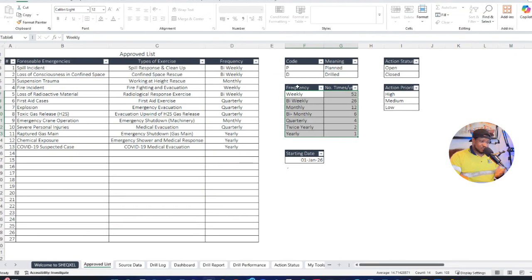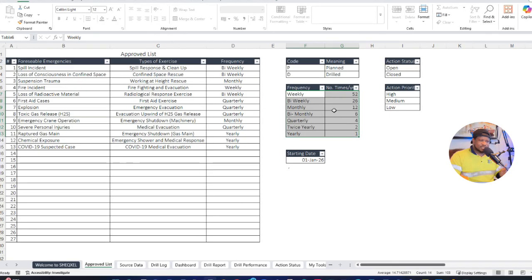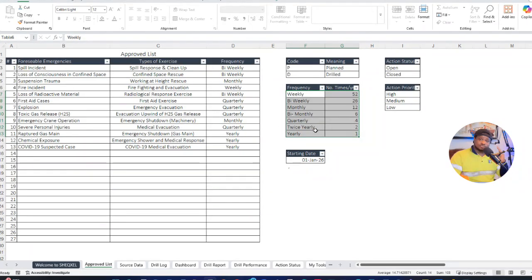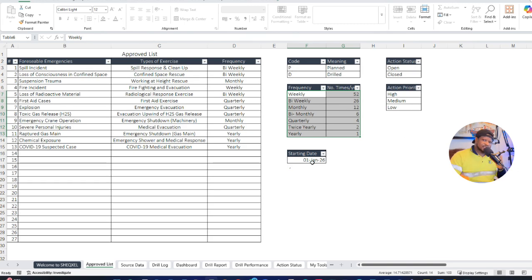We've already done that for you, which is the frequency table. So weekly is 52 times in a year, bi-weekly is 26 times, monthly is 12 times, bi-monthly is 6 times, quarterly is 4, twice yearly is twice, and yearly is once, right? We have the action status, the action priority, and then the starting date. So the starting date, you need to provide that